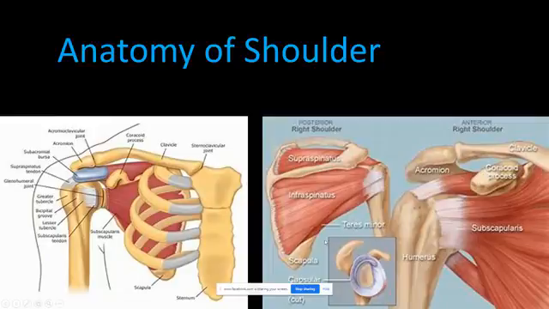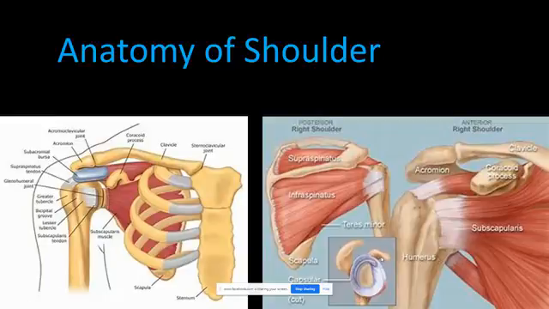If you look down here, kind of the bottom middle portion of the page, I don't know if you can see my mouse very well or not, but there's a side view of the shoulder blade or the scapula. And you can see the white ring around that right there. That's your labrum, and that increases the surface area of the socket. So the rotator cuff muscles' job is to keep that head of the humerus sucked in nice and tight into that socket, or the glenoid fossa is the medical term for it.